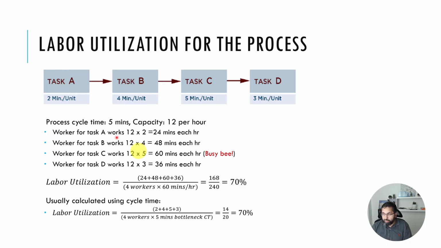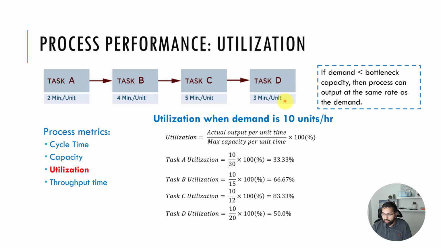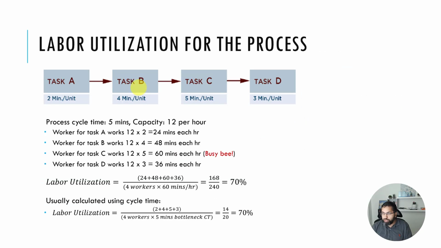Okay, now we're going to look at labor utilization, the average utilization of workers in these tasks for the whole process. Okay, so remember we already calculated utilization up here for each task. That is the utilization of the worker or any resource you're using in task A, task B, task C, task D. So task A utilization is 33% and so on, right? Depending on the demand and so forth. Now we want to get an overall idea that in this whole process, what is the average utilization for our workers? Okay. So what we do